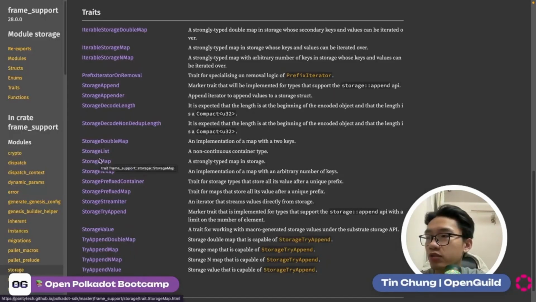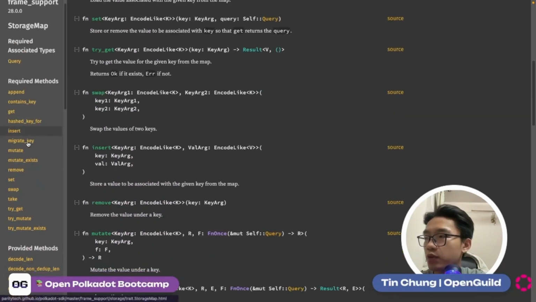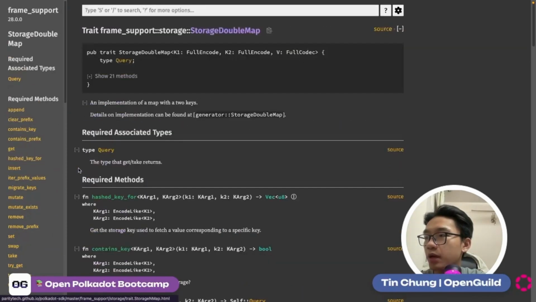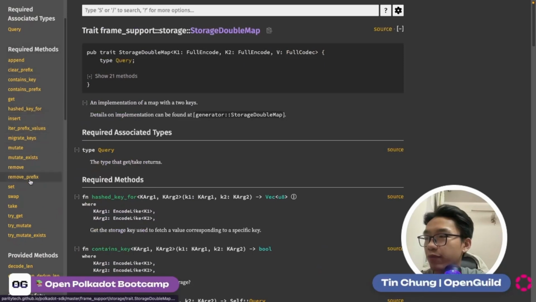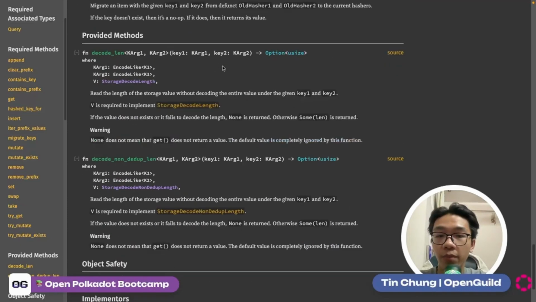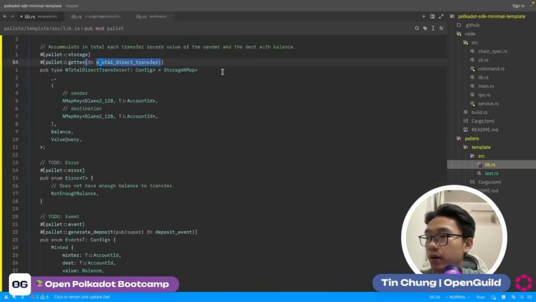We go back here, and there are also a few other methods that I think are quite interesting for you to use. The first one is going to be iter prefix. So when you go to the storage, maybe the storage double map, there's going to be a method called iter prefix. The iter prefix method allows you to iterate over the double map, but only specifying the first key, the prefix. For example, in our case, when we go back to our code, and let's say I want to iterate here